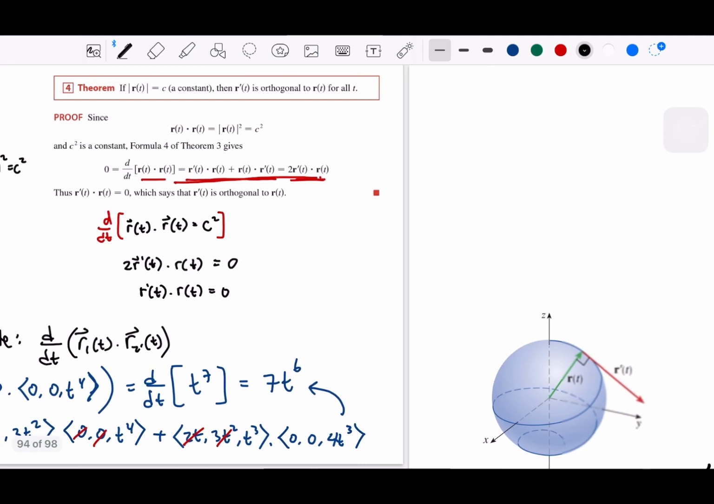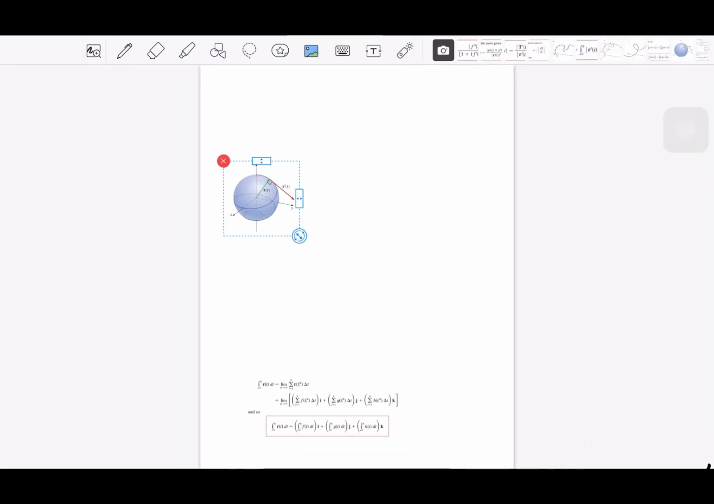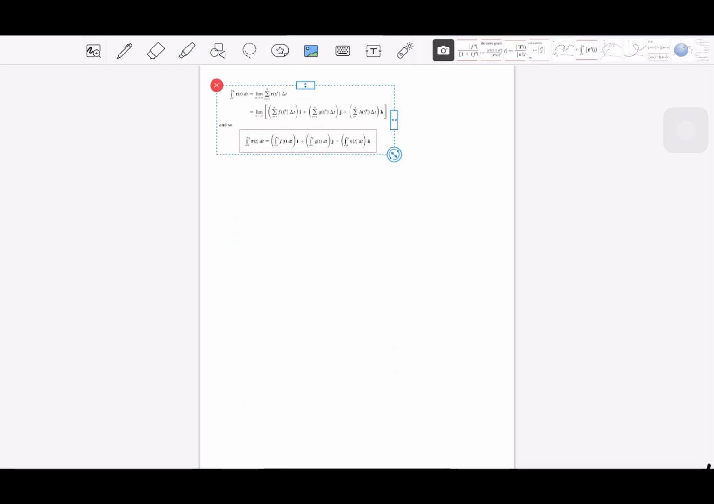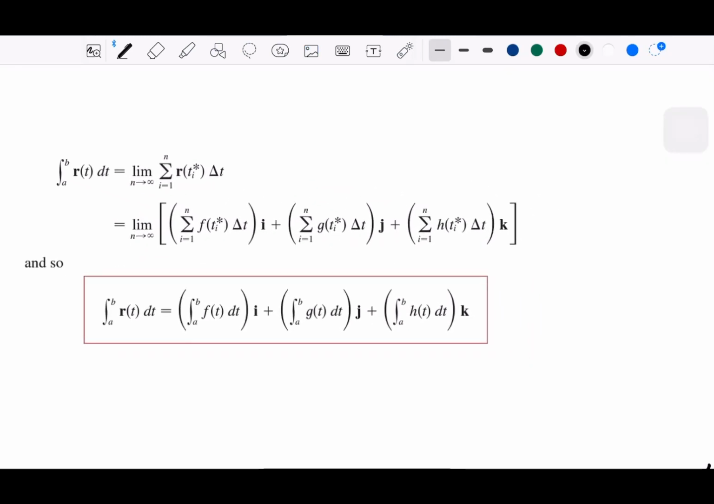Okay, now let's move on. I think we can erase this one and then move to this one here. So now is the integral. So integrals. So basically,